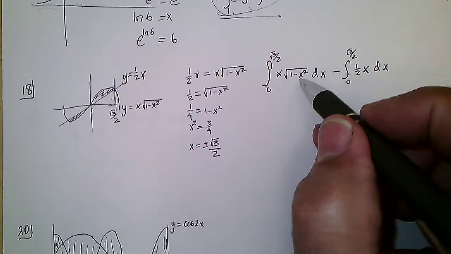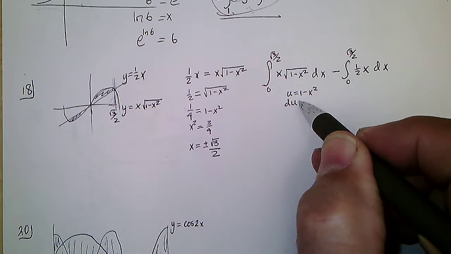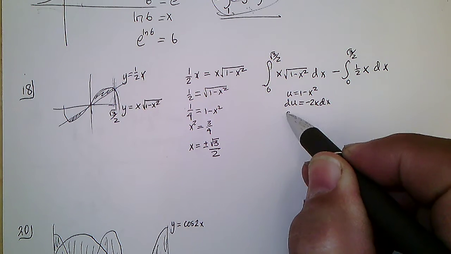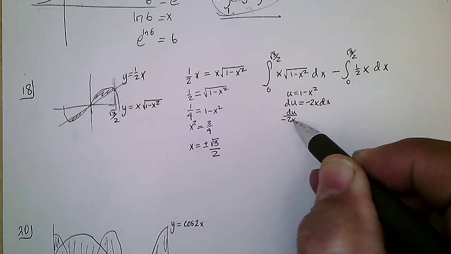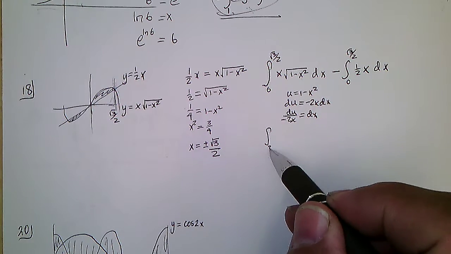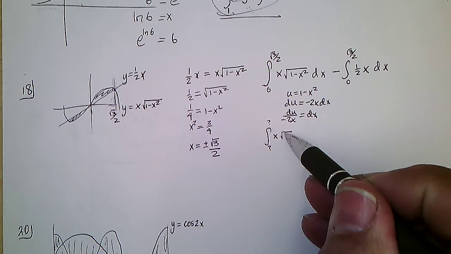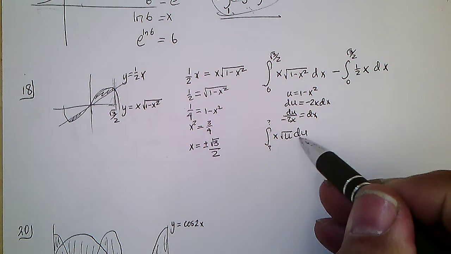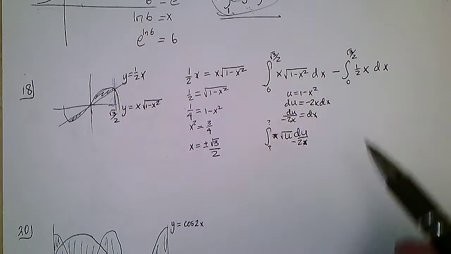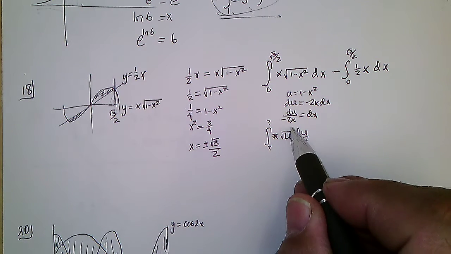So this one, if I let u equal 1 minus x squared, du would equal minus 2x dx. And so du over minus 2x is dx. So this integral would become from something to something, x square root u du over minus 2x. The x's cancel. The integral of square root of u, that's u to the 1/2, so I add 1 and get 3/2, so